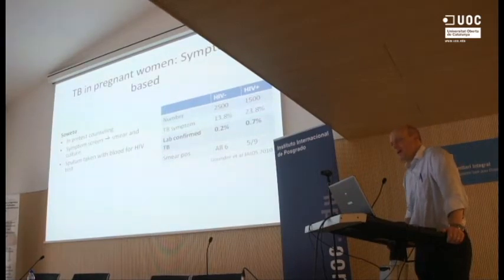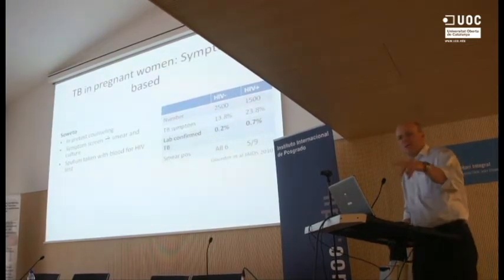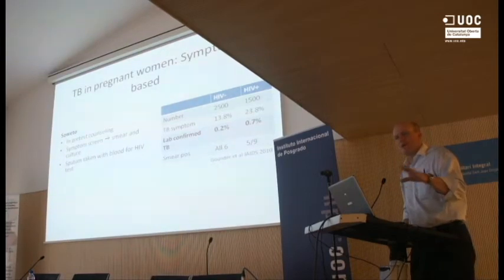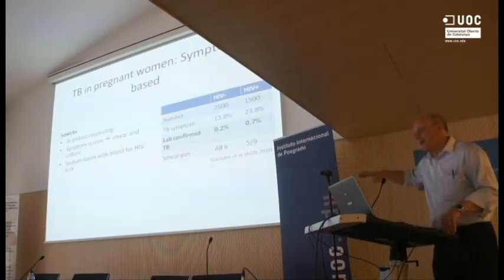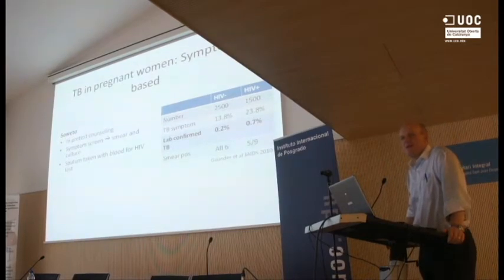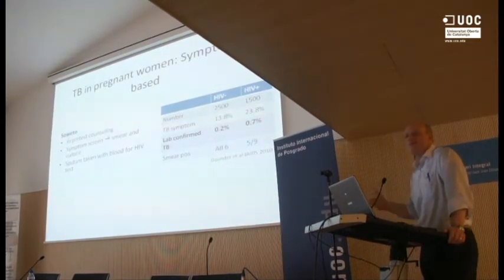in HIV seronegative women, there was lab confirmed TB in about 0.2% of these women. Now that might look low, but I think I saw in this brochure that was handed out that in Barcelona the annual TB incidence is about 0.027%. So this is 10 times what is happening in Barcelona currently in seronegative women, and in seropositive women about 0.7%. And this is just using symptom screening as a basis for investigation.